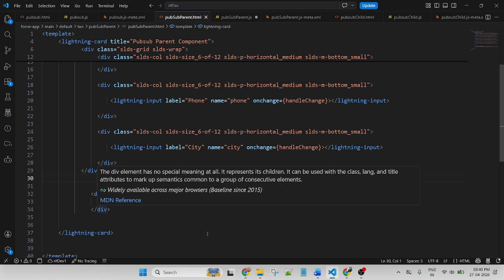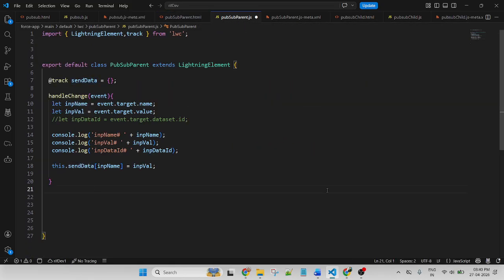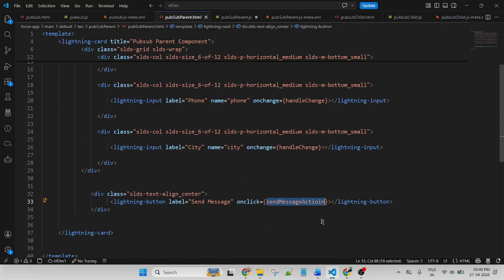So this is my lightning button. Once I click on the button, I will pass the data. So here I will use a props function. First of all, this is my search button, this one, search message action. This is a function.